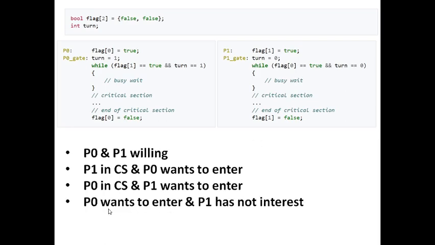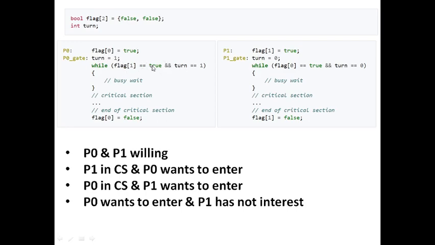And finally, if P0 wants to enter and P1 has no interest at all, which means that the flag of 1 itself is false. When P1 is not even in the competition, its flag is simply set to false. Now what will happen? Only P0 is trying to access the critical section. So flag of 0 is set to true and turn is set to 1. Then it will check this condition.